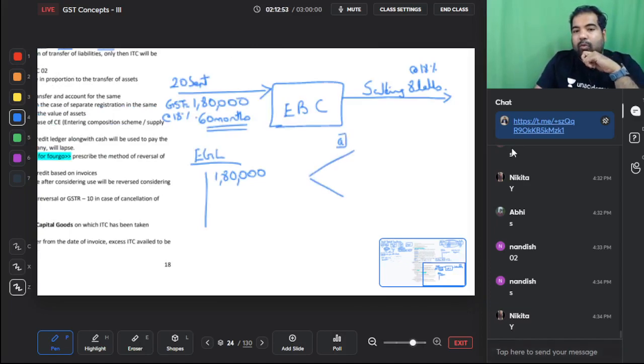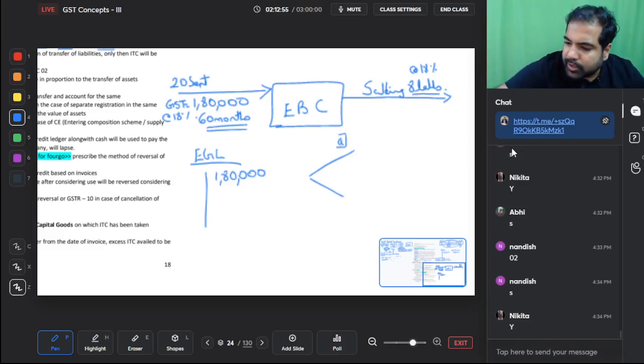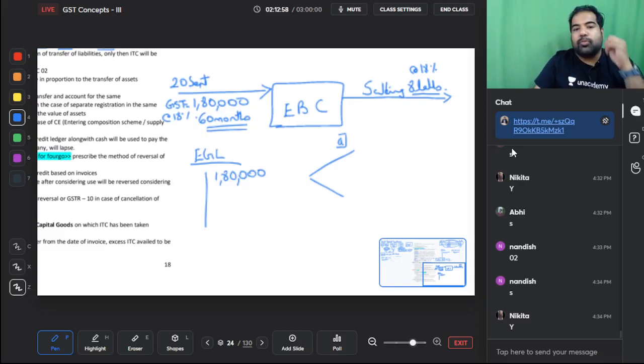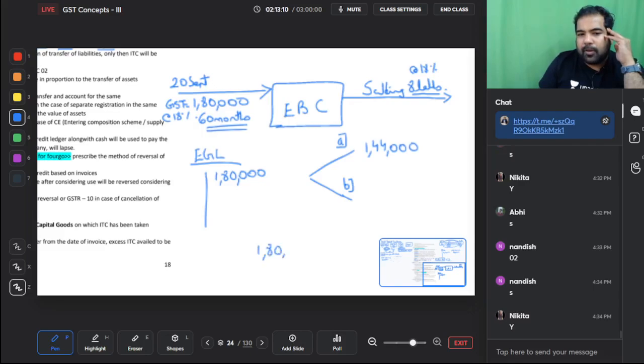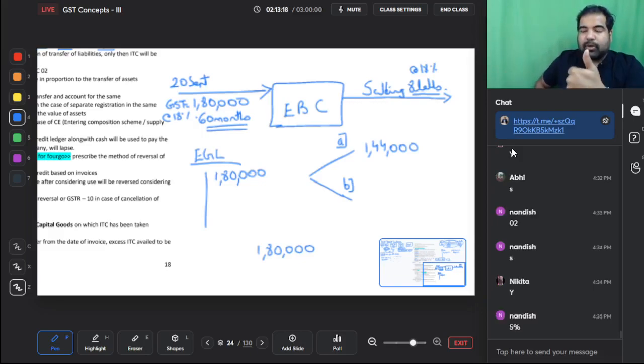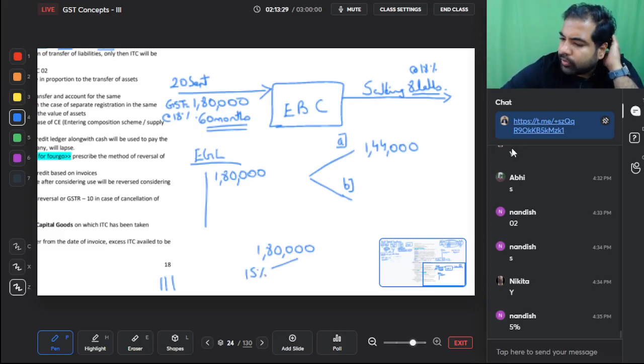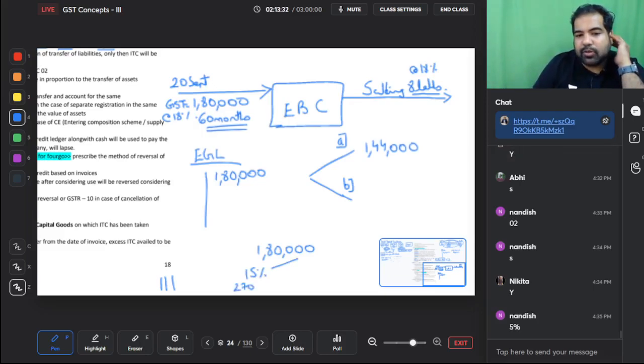First is very simple. Whatever price you're paying into the GST rate, so 8 lakh into 18% is 1,44,000. Or B, whatever credit you had taken earlier, 1,80,000, how many quarters did you use? Take that. You deserve that. So from September, quarter is 1. So July, August, September, 1 quarter. October, November, December, another quarter. And Jan, Feb, March, today is Feb. So 3 quarters. That means 15% you could take. That is something you deserve. So 1,80,000 into 15%, that is 27,000 you can take.